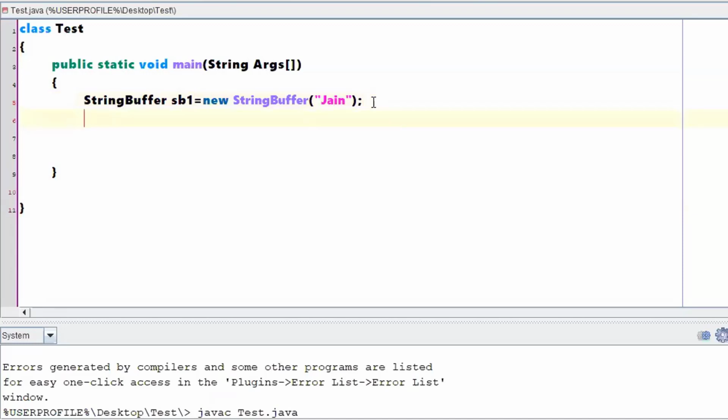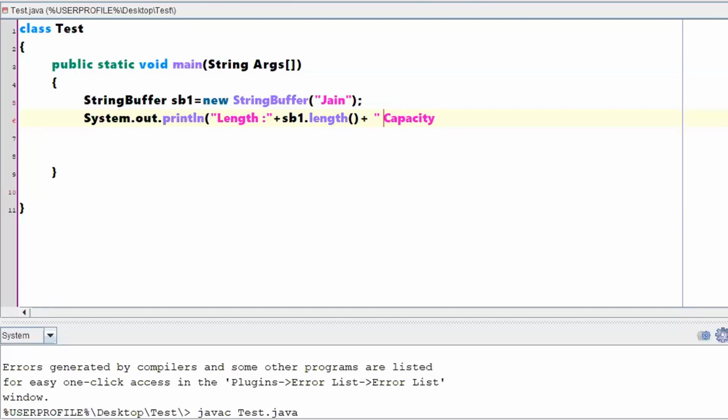Correct. Now, if I write System.out.println, I am interested in knowing its length, so in double quotes plus sb1.length. This is how I calculate the length of that string buffer. Then I want the capacity.